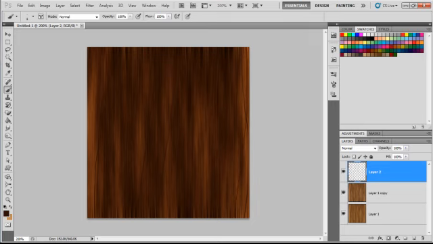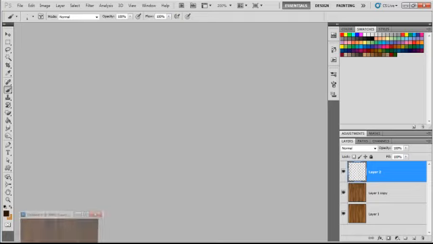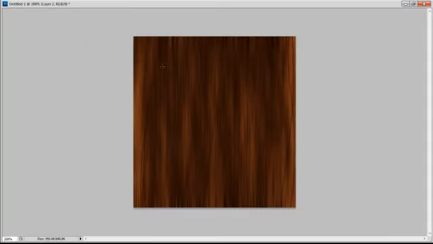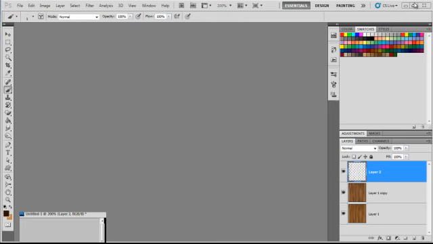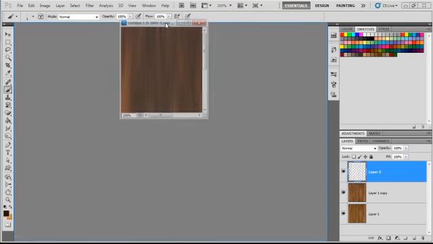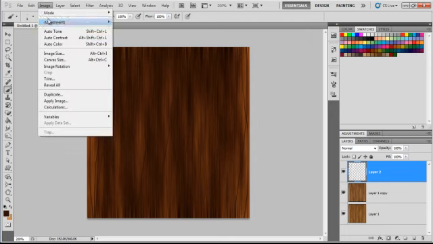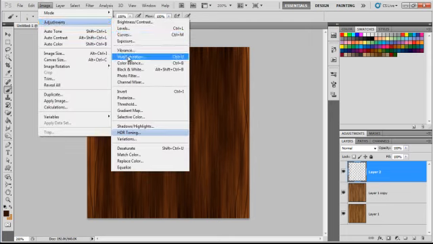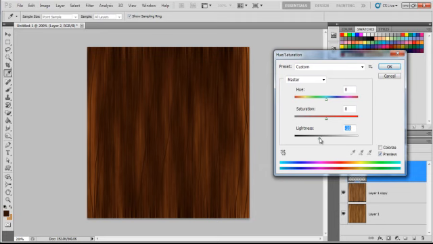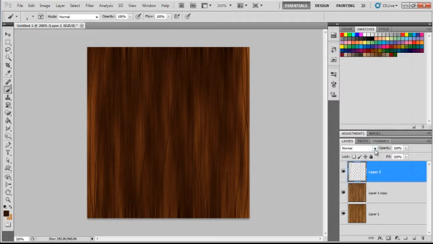Okay, so just add as many as you want to do. Okay, add as many as you want, and then it's not dark enough, so I'm going to go to Image, Adjustments, Hue and Saturation, and make them just a little bit darker. And then I'm going to go to, let's see,